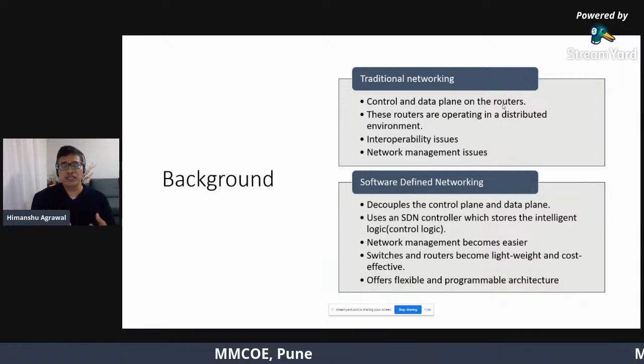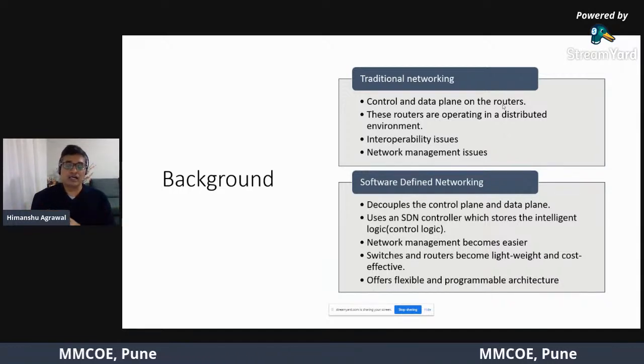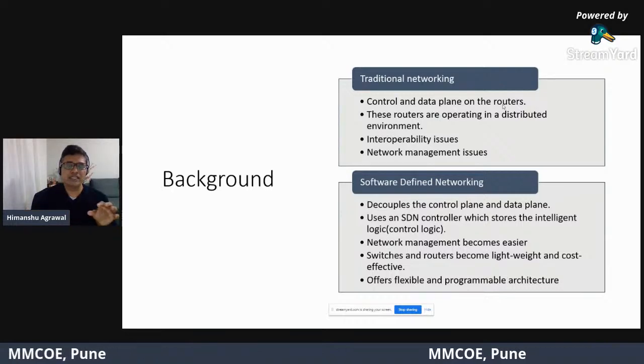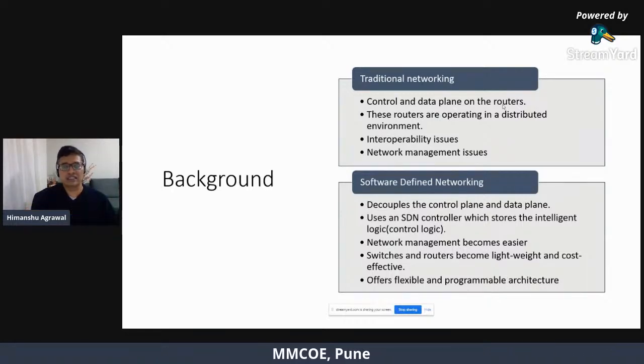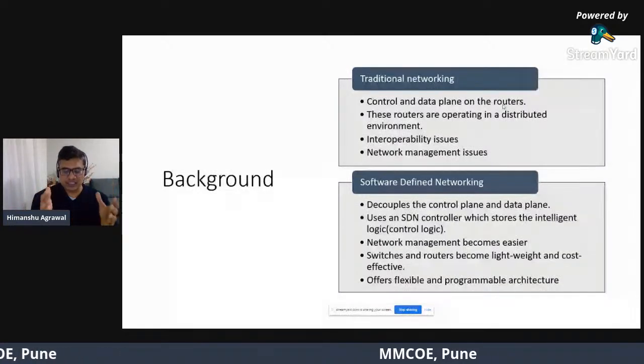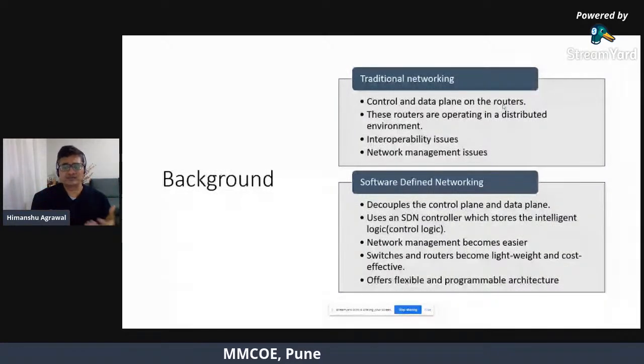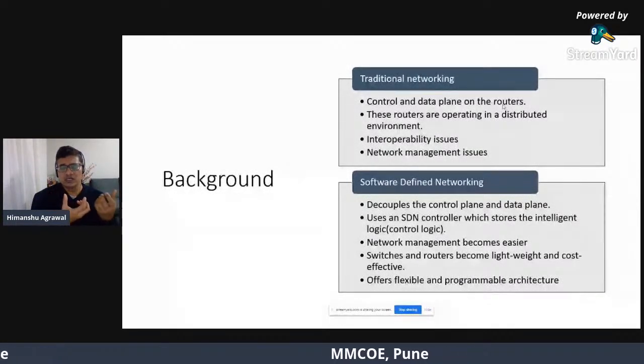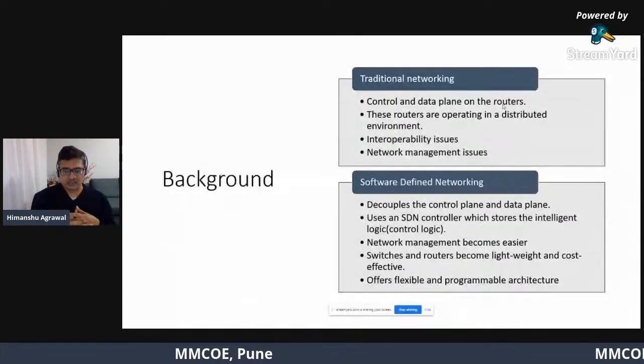So there is no need to have a hardware firewall now when you look at software defined networking, right? So in terms of managing various networking devices such as router, firewall, all you have is an SDN controller, and then you have simple, very lightweight, low cost SDN switches, right?